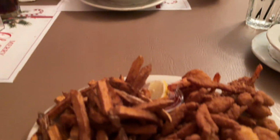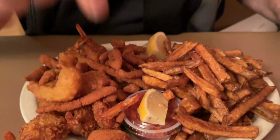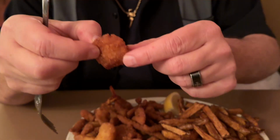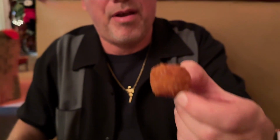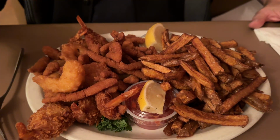Now, guys, gonna head into all this fried goodness. Let's go over all this real quick. Starting off with some scallops. Not gonna dip this, just gonna eat it like this right now. Let's try it. Like that bite of that scallop, nice and crispy, slightly sweet. You can taste it comes from the ocean. That's the thing about a scallop. It reminds me of